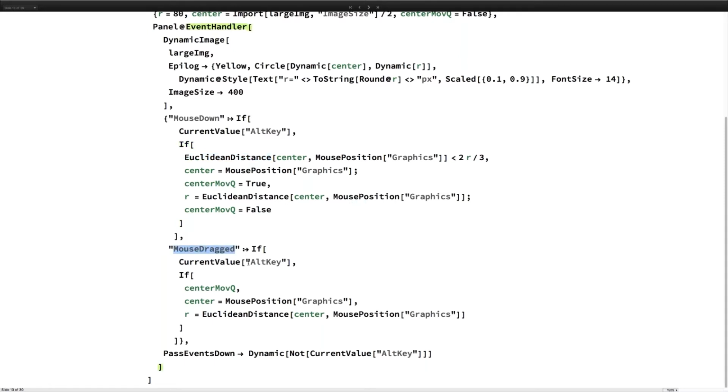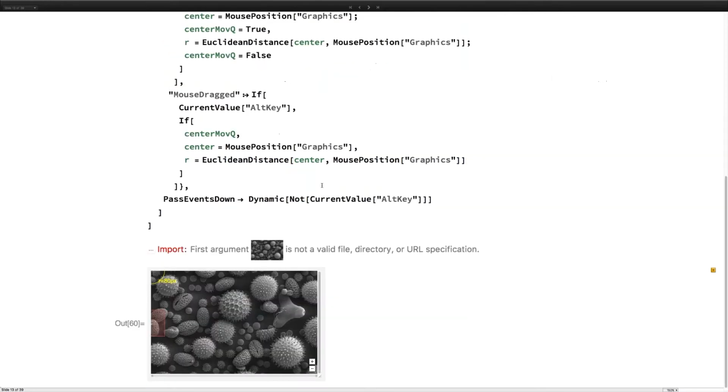If you drag the mouse, in one case, you alter the position of the circle. In the other case, you change the radius of the circle, depending where your mouse is, in the center of the circle or close to the boundary. And if I now evaluate this, I do obtain